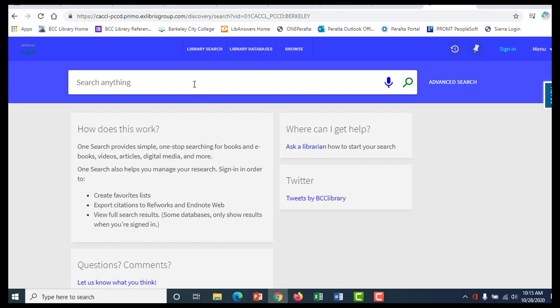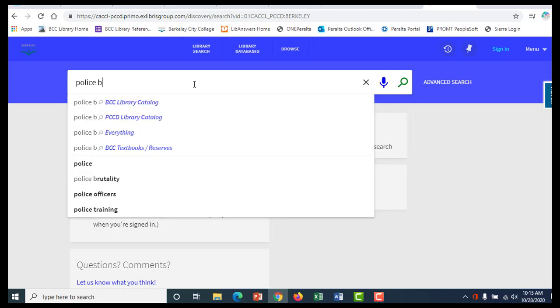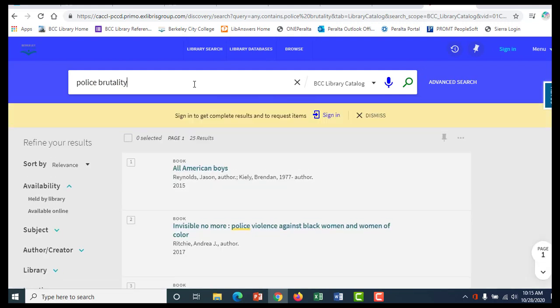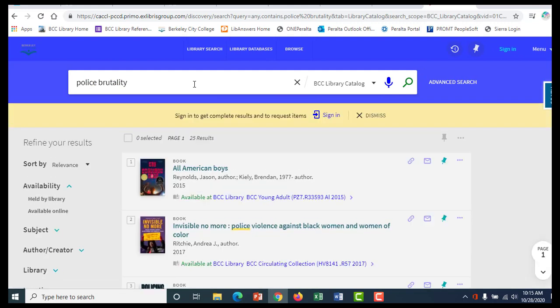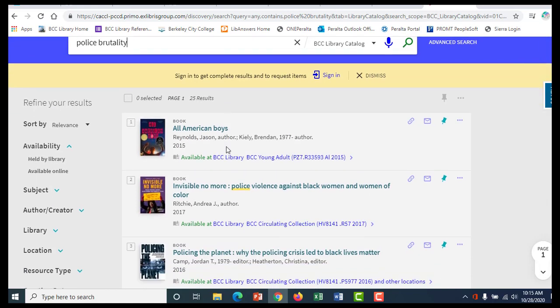So when you start searching for books, you want to use your broadest search terms. So when you were developing keywords for your research topic, you want to use those search terms that are the most broad. So I'm going to do a search for police brutality. So here I get to the results screen, and you will see that I have approximately 25 results, which